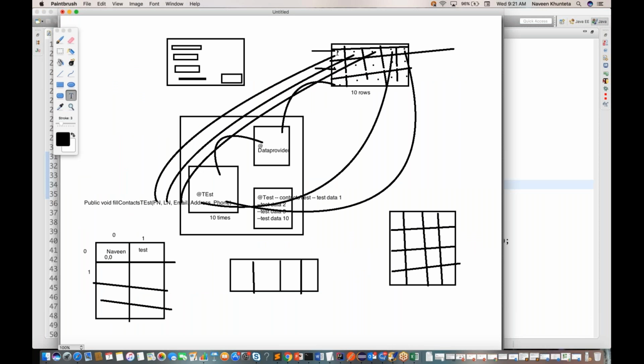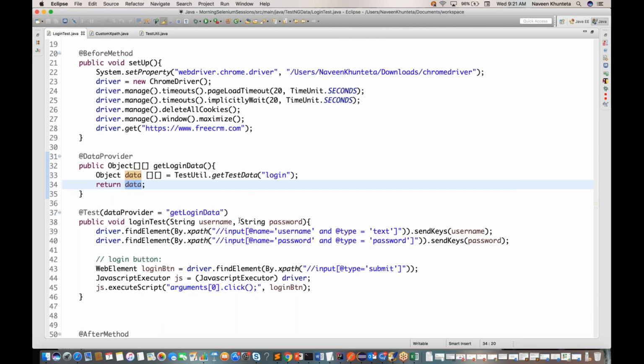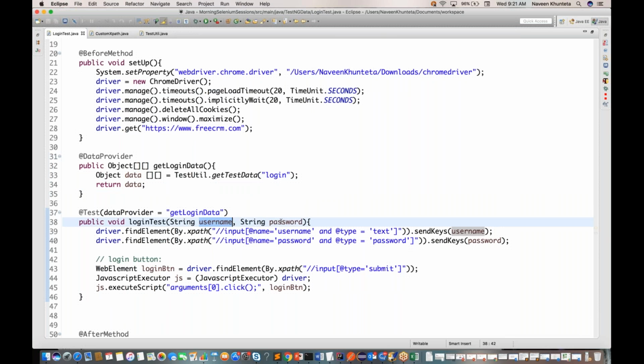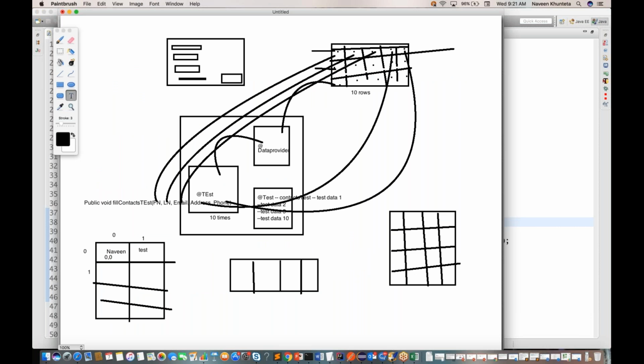One-to-one mapping. Username will be given to this, password will be given to this guy. Same thing, username will be given to this one by one, password will be given to this. Now the counter will be on the first row. Because now the Excel file's role is done, from the Excel file we have transferred the data into a two-dimensional object array. So all the usernames and passwords are available over here. The first time it will point to this particular first row,